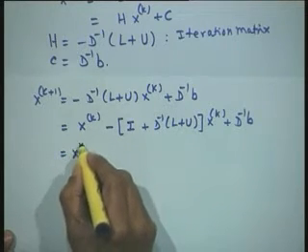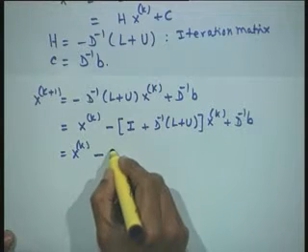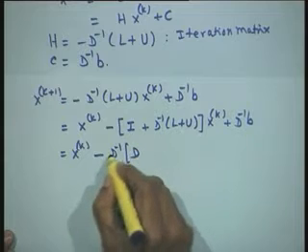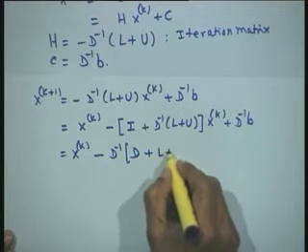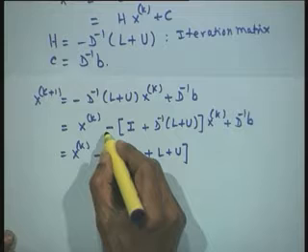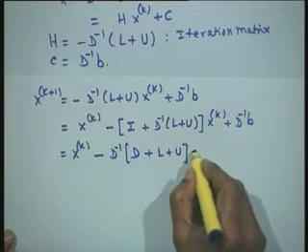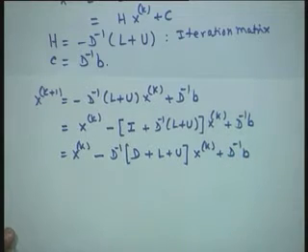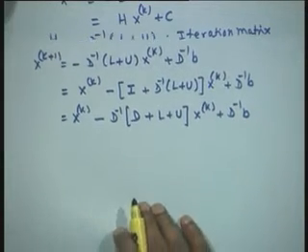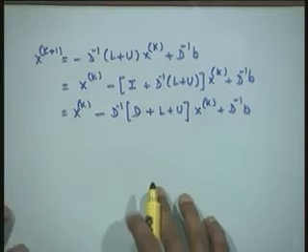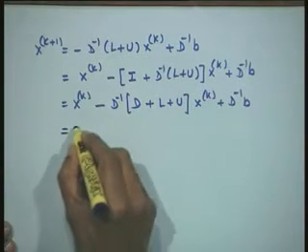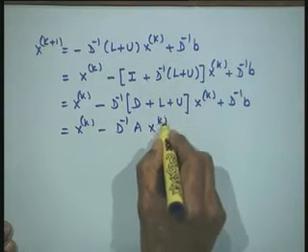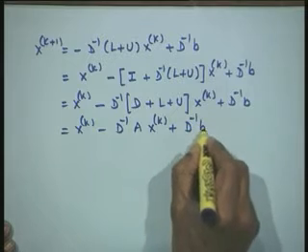Now, I will make a small manipulation here. I will take D inverse outside. So, I will write D inverse of (D plus L plus U), where D inverse I have brought as the left multiplication factor. So, I will have this as x k, plus 1 x k and D inverse of b. But by definition D plus L plus U is A. So, I bring back A here. So, this I will write as x k minus D inverse of A x k plus D inverse of b.